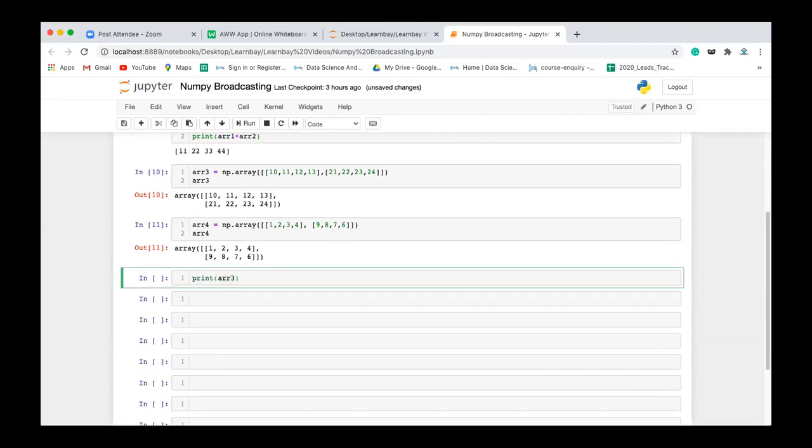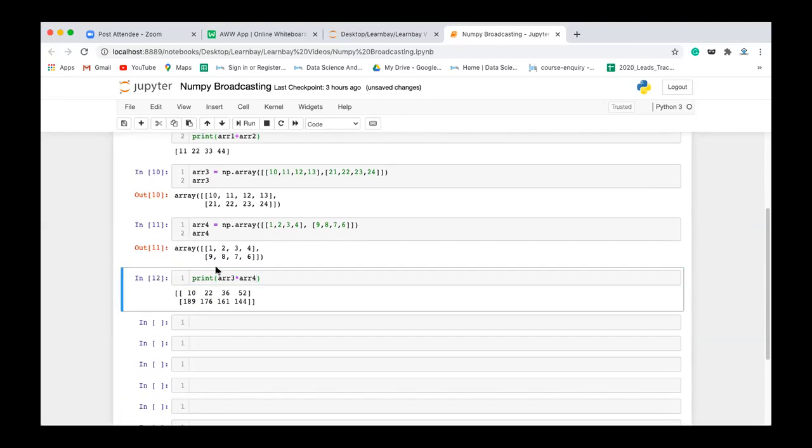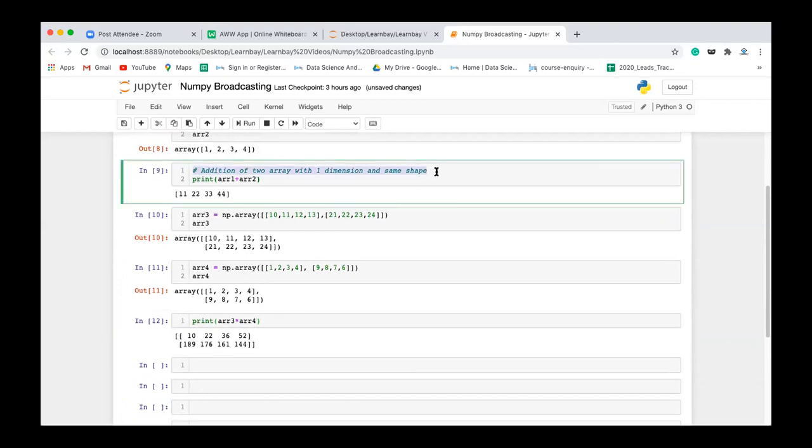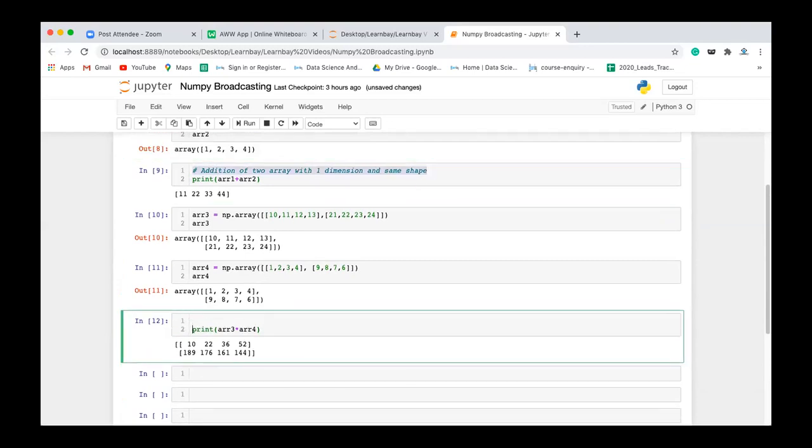So array3 into array4, execute this. You have element by element multiplication. Clear? So this is addition and multiplication of two arrays. This topic is multiplication of two arrays with two dimensions and same shape.